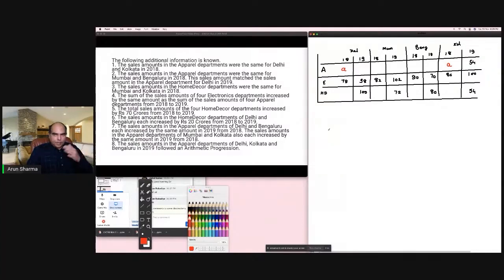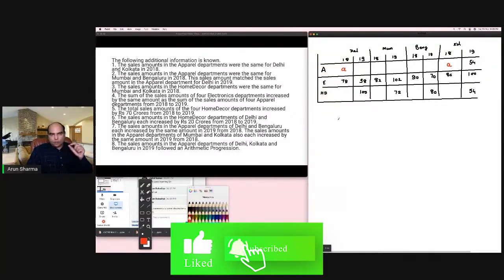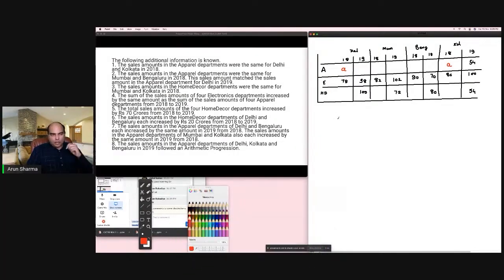So this is the information taken out. Sales amounts in apparel department was same for Delhi and Kolkata in 2018. If you want to read it twice so that you don't make a mistake, you should read it twice, but make sure that you don't have to go back to check कि सही किया है कि नहीं. Second clue: the same sales amounts